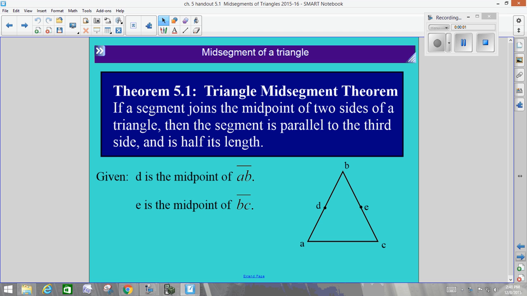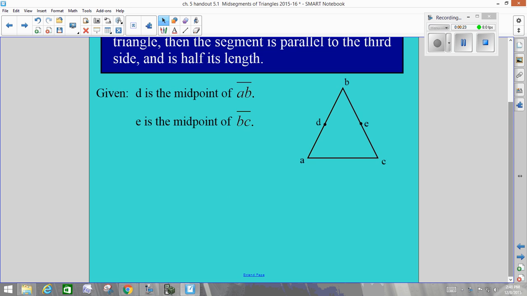At the top of your page, it says that a midsegment is a segment joining the midpoints of two sides of a triangle. The midsegment of a triangle connects the midpoints of two sides. So like on your notes there, right under the word midpoint,